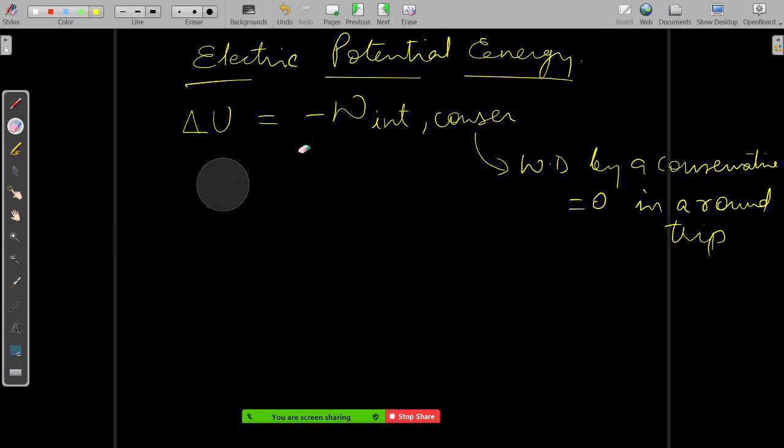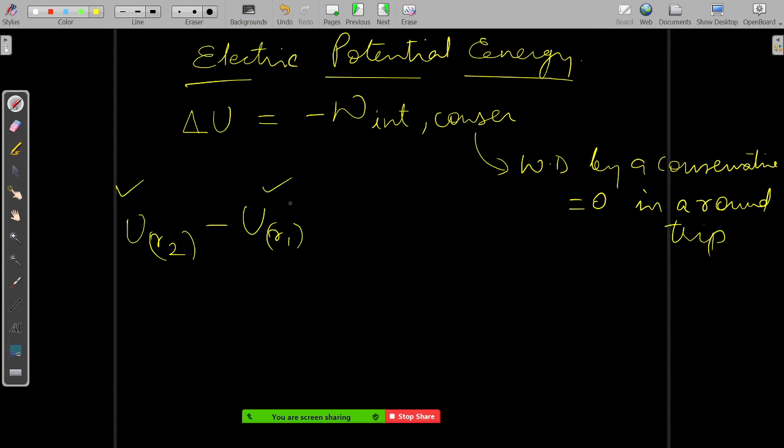Anyways, we had seen the derivation of potential energy in the previous class, right? This potential energy is basically the negative of the work done. I also told you how to remember this. First we'll just write the formula. The change in potential energy can be written something like this, when the distance between the two charges was R2 and when it was R1. So the change in potential energy, when the distance has been taken from R1 to R2, where R2 is the final one and R1 is the initial one.